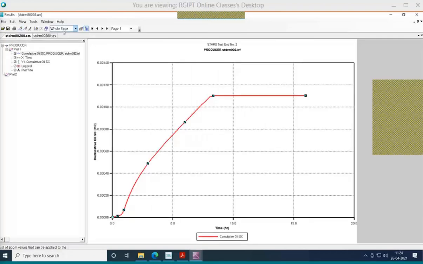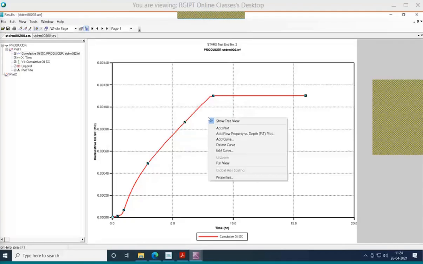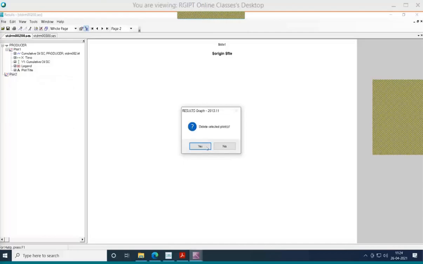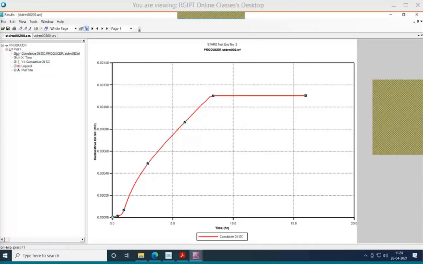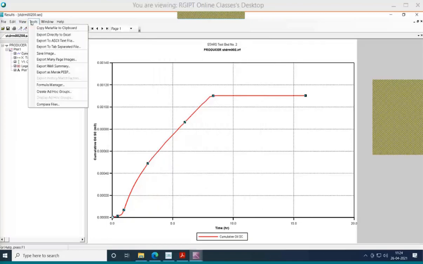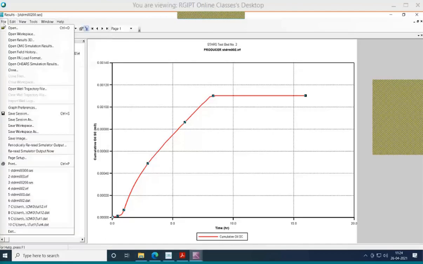It is not getting. Okay, export, save, and file.